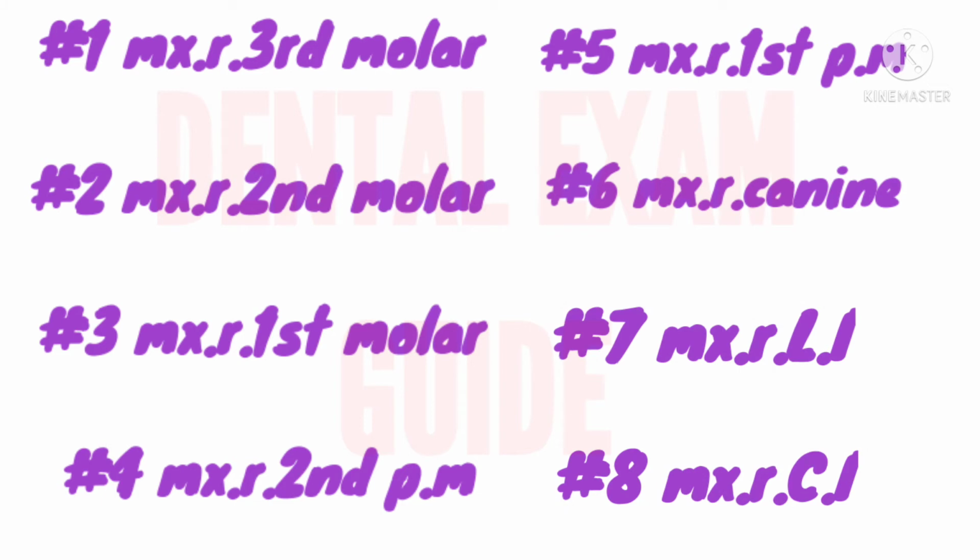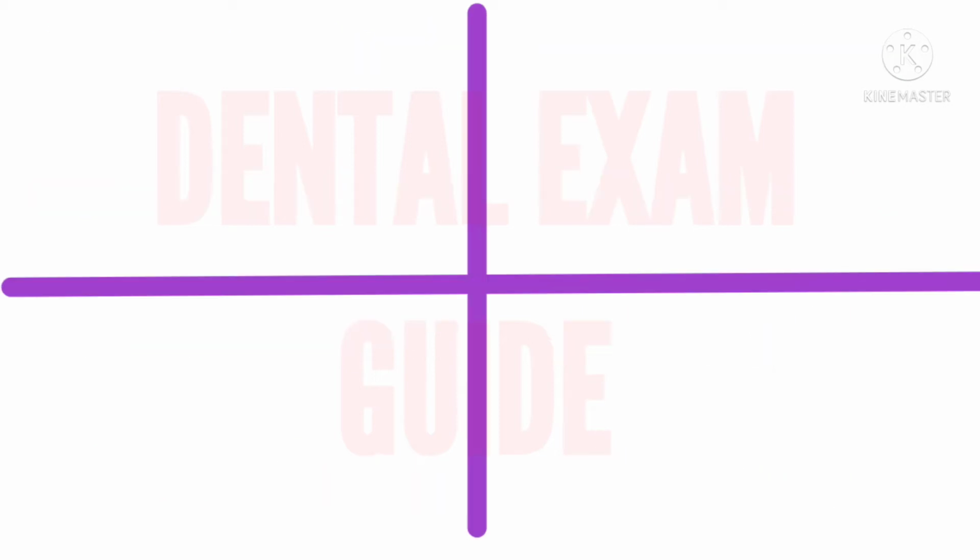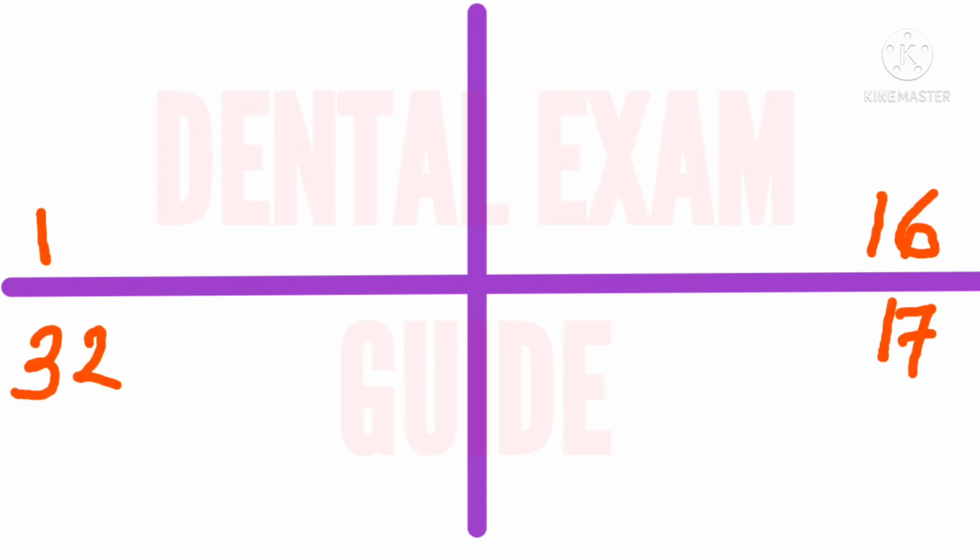Number 1 is the maxillary right third molar, 2 maxillary right second molar, 3 maxillary right first molar, 4 maxillary right second premolar, 5 maxillary right first premolar, 6 maxillary right canine, 7 maxillary right lateral incisor, and 8 maxillary right central incisor. And it continues like this in a clockwise direction towards tooth number 16, which is the maxillary left